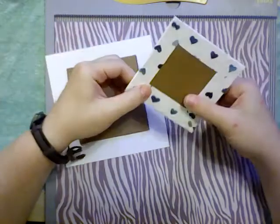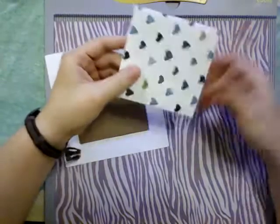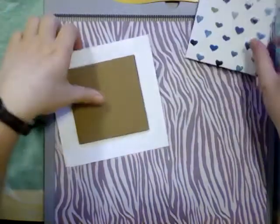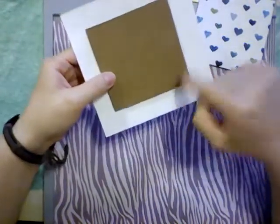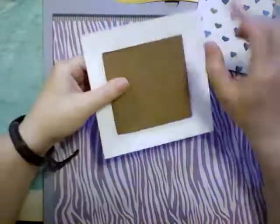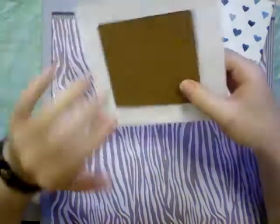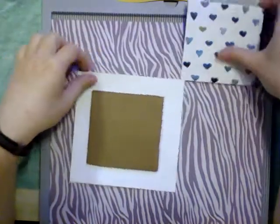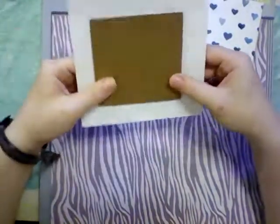I've already done a little bit of the work on it so that you don't have to watch me repeat the process. This is going to be one of the covers. I started off with a bit of cardboard that is cut 4x4 and a bit of patterned paper which is cut 6x6, and I glued the cardboard in the center-ish of the patterned paper. And I finished up this one, and I've got this one still to do. That way I can show you how to do it, but you don't have to watch me